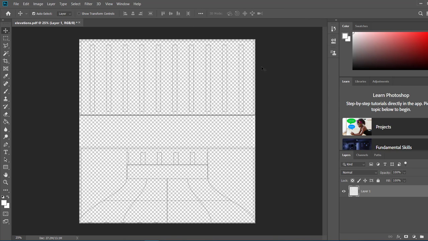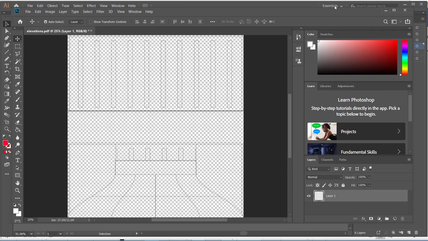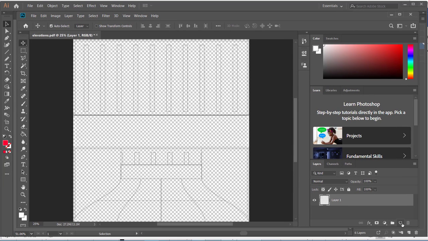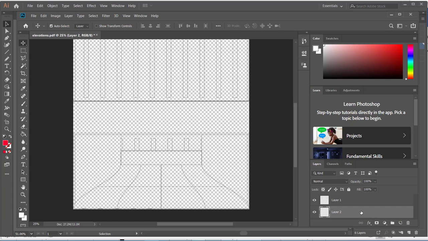Okay, so the first thing that you might want to do is get rid of this checkered background. It just means it's invisible, but it makes seeing things a little hard. So what I do for that is I click here, I get a new layer. Oops, wrong button. It's underneath this, so let me move this a bit. I get a new layer, which is a piece of paper right there. I drag it underneath my lines, and I use the first tool that's going to be very handy for you,